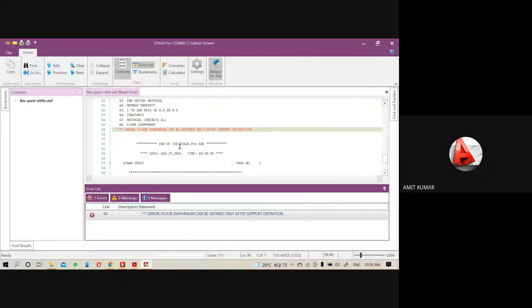Here it is written, floor diaphragm can be defined only after support definition. So first thing it is saying, you have to add the floor diaphragm only after defining the support definition. In this project, I created the floor diaphragm before the supports.